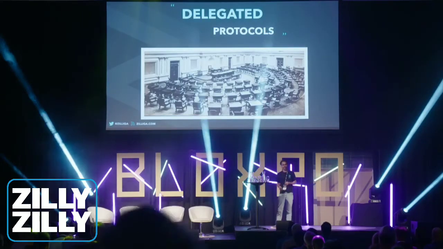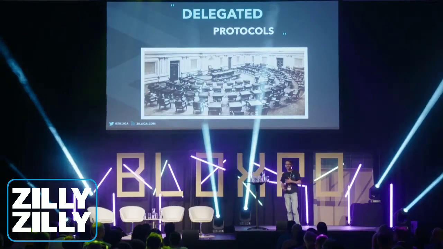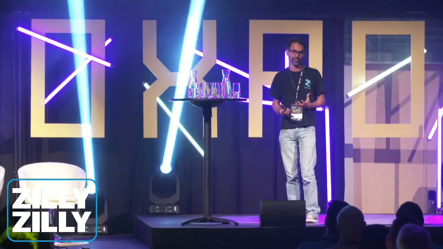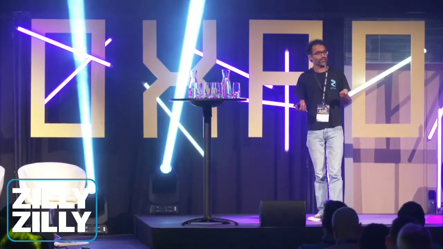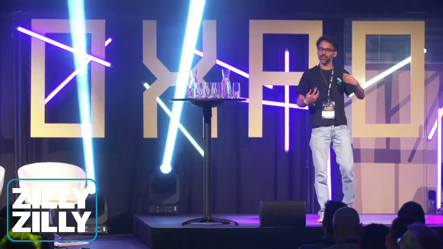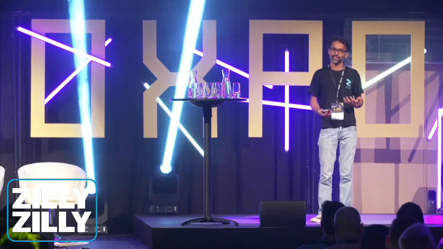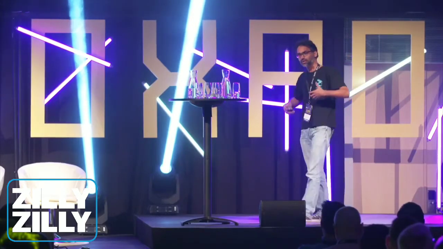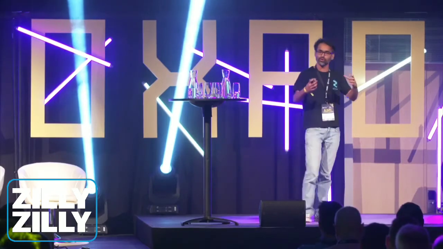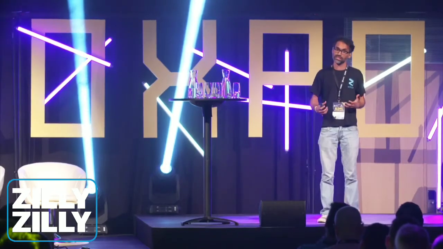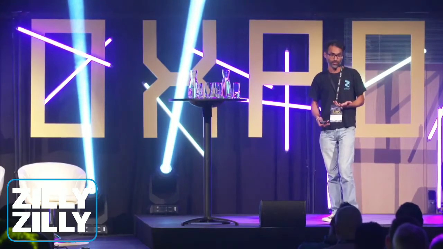There are other solutions, for instance, delegated consensus protocols, where what you try to do is you actually change the entire consensus mechanism that you have on the network. For instance, if you know how Bitcoin works, what happens is when you send a transaction, every full node or every node in the network processes your transaction and validates it. Now, instead of doing that, you could say, I'm going to select a small group of people, and those group of people are only the ones who are going to process and validate my transactions. So because you're shrinking the network, you can actually have very high throughput.